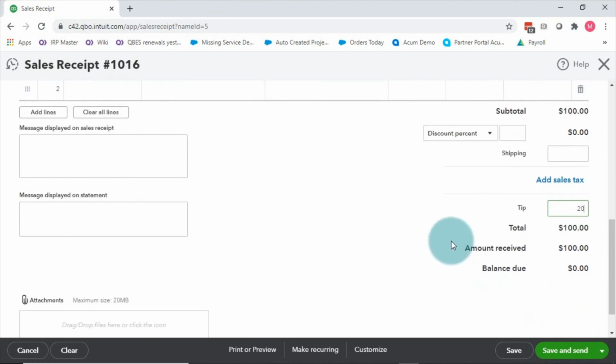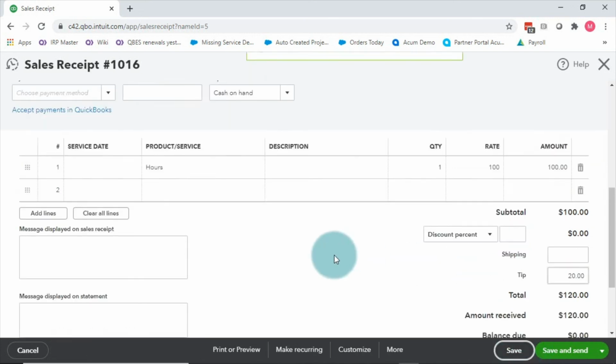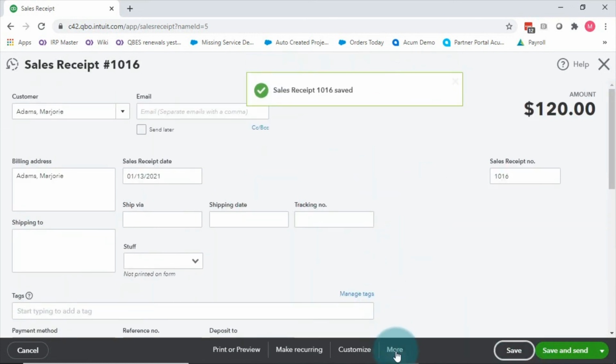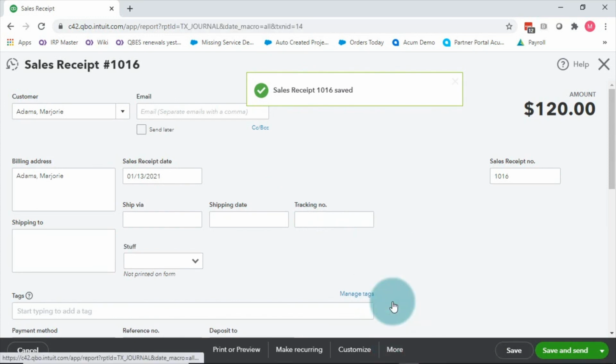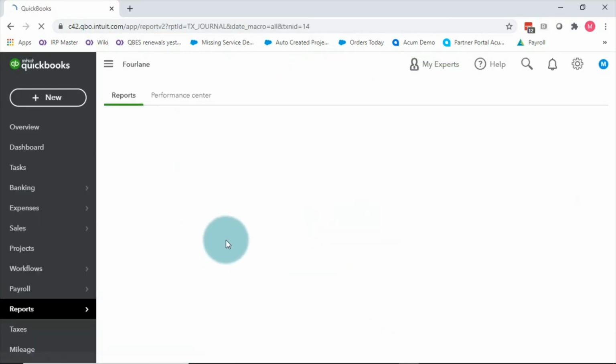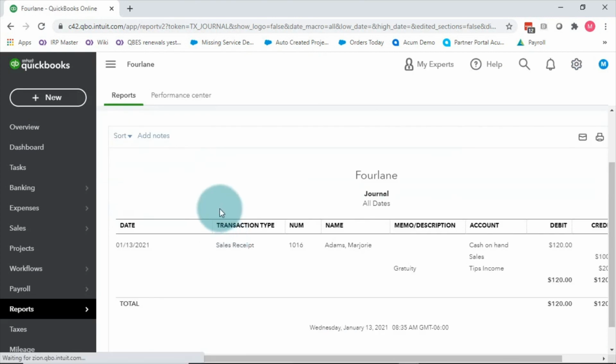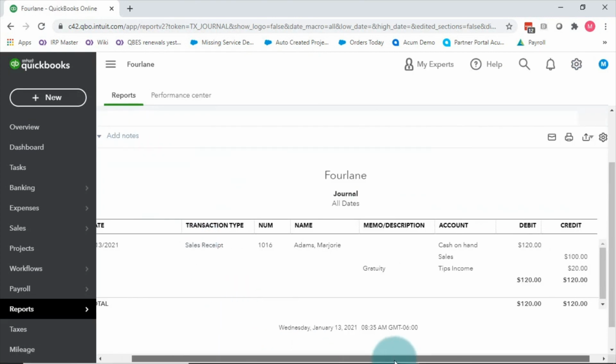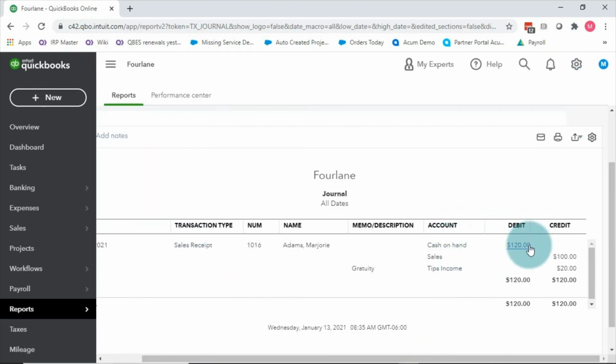Now again, in the tip settings, in the very beginning, it asked me, do you want these tips for you or do you want these for employees possibly? And so that matters because when we look at our transaction journal for this, you can see that behind the scenes, what happens is cash on hand comes in, so $120 deposit to our cash.